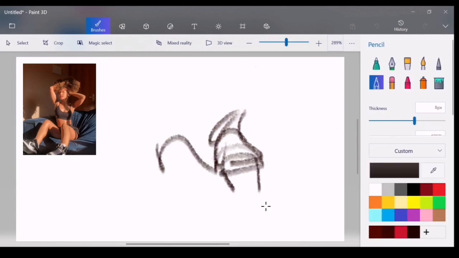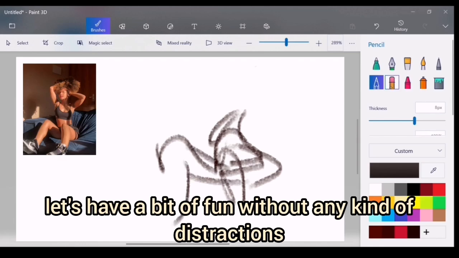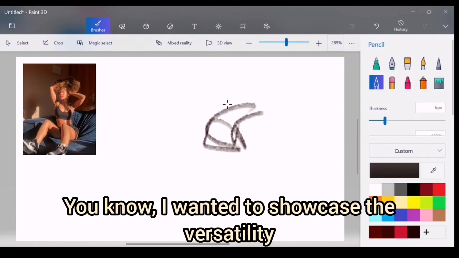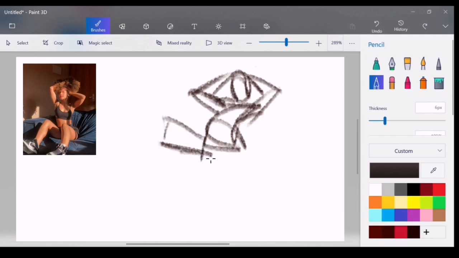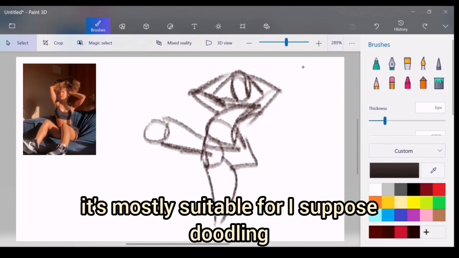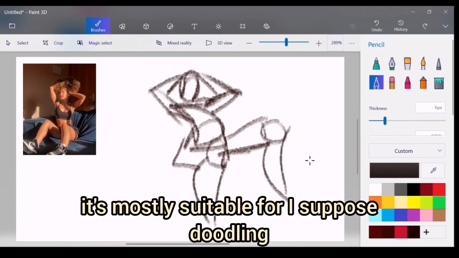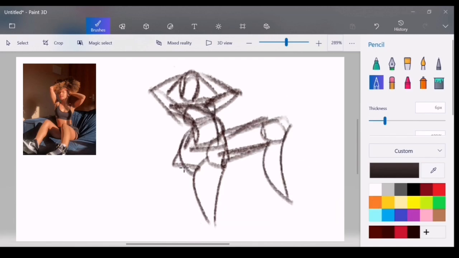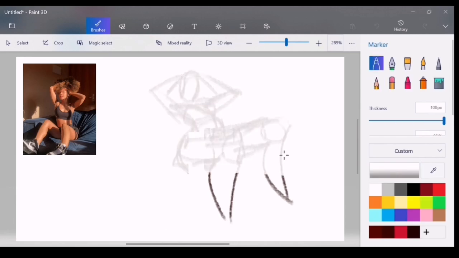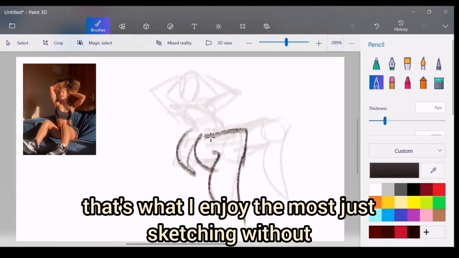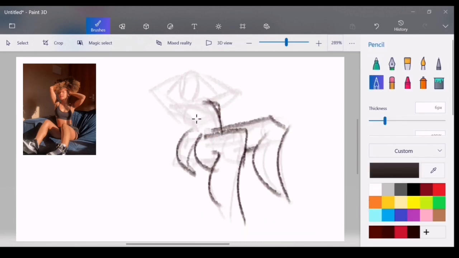Now, let's have a bit of fun without any kind of distractions. I wanted to showcase the versatility of this app and how powerful it can be. It's mostly suitable for, I suppose, doodling, but that's what I wanted to do, or that's what I enjoyed the most, just sketching without any kind of